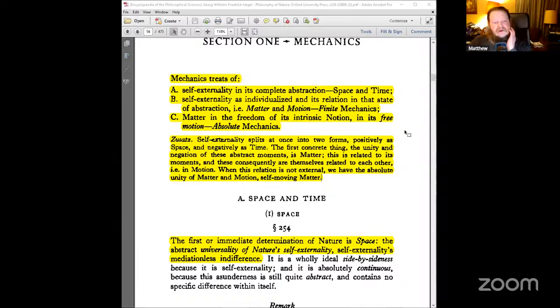So he says, and I'll just read this out on the first page: self-externality splits at once into two forms, positively as space and negatively as time. And this, I think, is the summary of most of how this works. The first concrete thing, the unity and negation of these abstract moments, is matter. This is related to its moments, space and time, and these consequently are themselves related to each other, i.e., in motion. When this relation is not external, we have the absolute unity of matter and motion, self-moving matter. So, there in a nutshell is the summary. Most of it's not going to make much sense, but